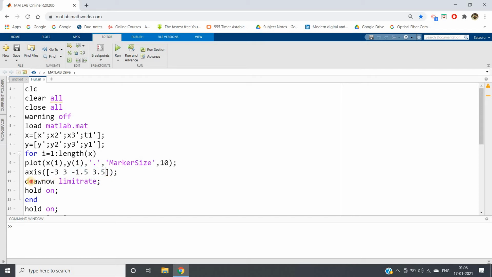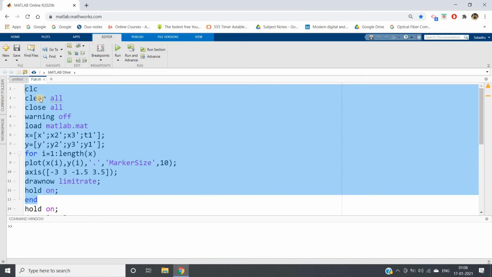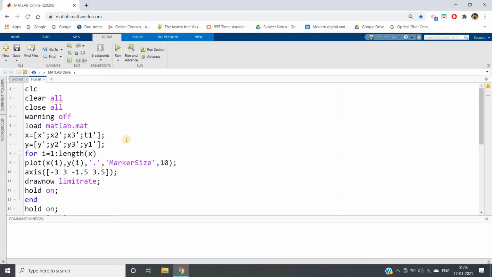For animation purposes I am using drawnow limitrate. You can use drawnow only, but to make the whole process faster I am using limitrate also. I use hold on to plot the data points on the same figure window again and again, and then end the for loop. I'll run this whole code and let's see how complex our data looks.